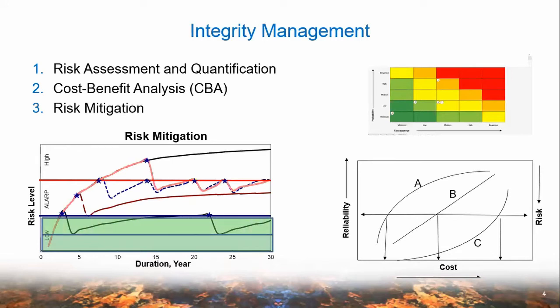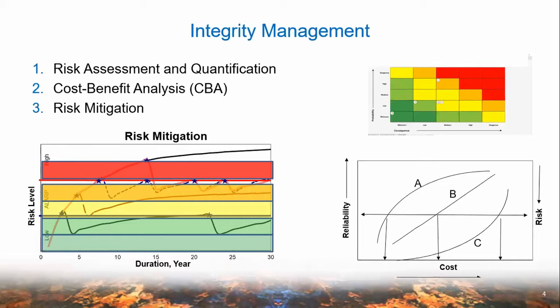If we implemented the mitigation strategies when the risk is in the alert level, then you can keep the pipeline operating either in the alert level or low risk level, that is greenish yellow or yellow color. On the other hand, if we implemented the mitigation strategies later, that is only after the risk has reached a higher level, then the pipeline may operate either in the orange level or in the red level even after implementing mitigation strategies.